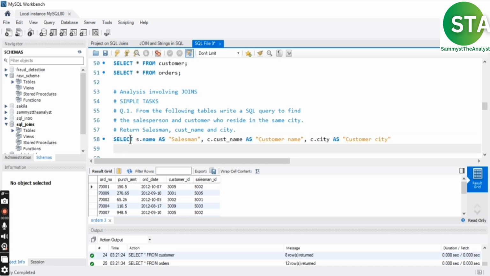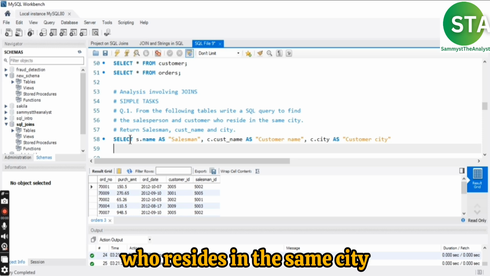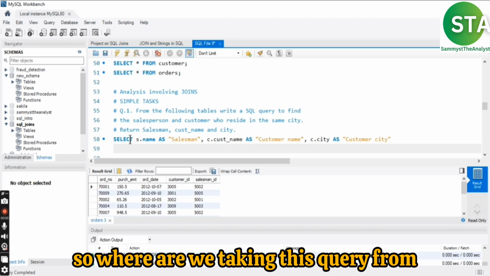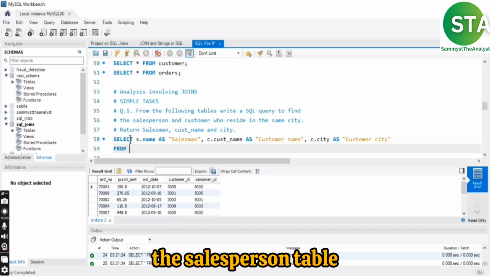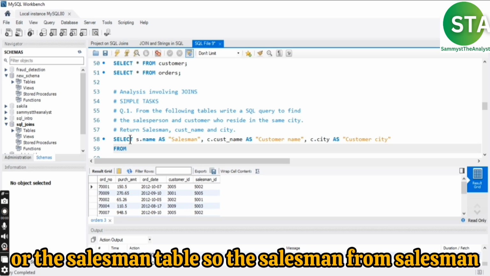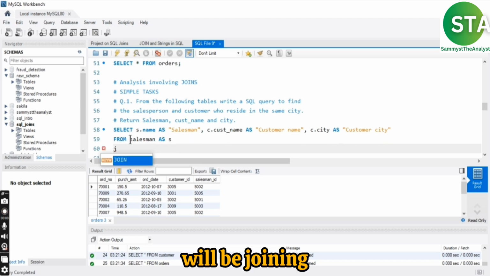So you can see now the question says to find the salesperson and the customer who resides in the same city. So where are we taking this query from? We are using the salesperson table or the salesman table. So the salesman from salesman as S will be joining customer